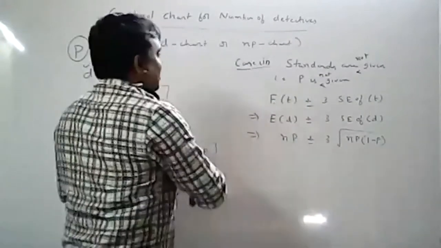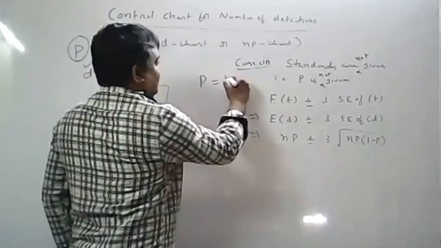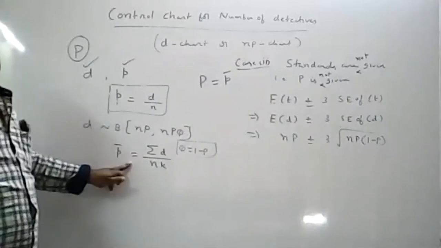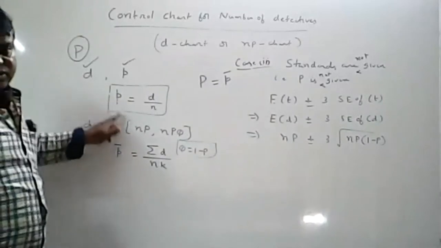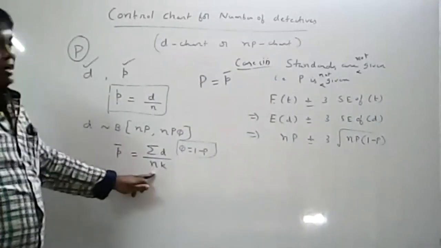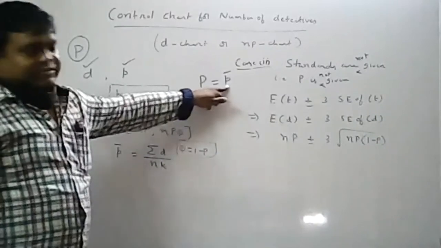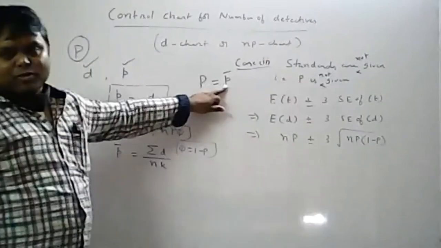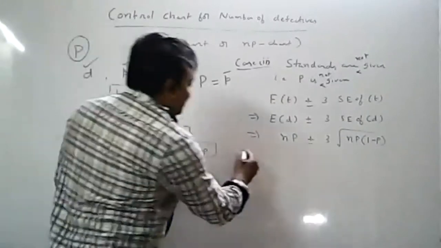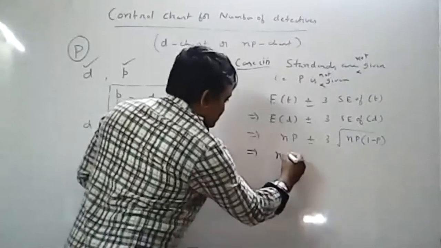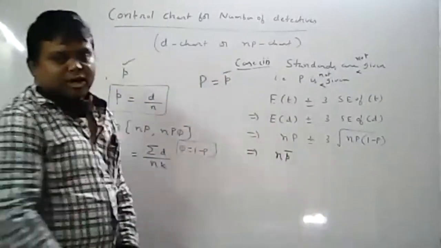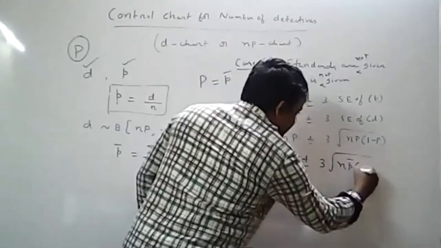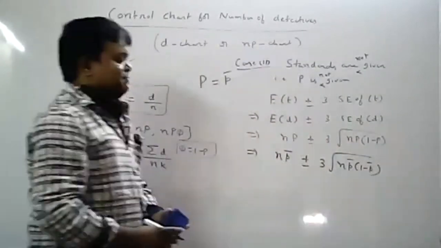So, whenever capital P is not given, you know how to calculate capital P. Already you have done P chart. So by using P bar, P bar can be calculated directly by using this formula. So you don't require P values. You will get the P bar value. So when standards are not given, that is capital P is not given, it can be estimated by using small P bar. So then what is the formula we will get? Now I don't know capital P. So that means N small P bar plus or minus 3 into root over N small P bar into 1 minus small P bar. So this is the formula.